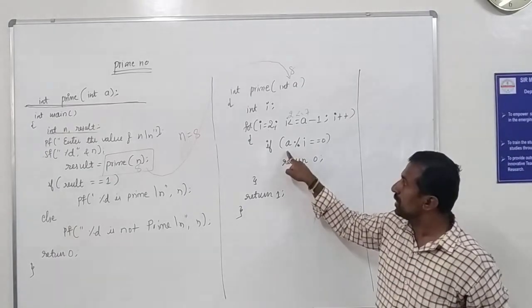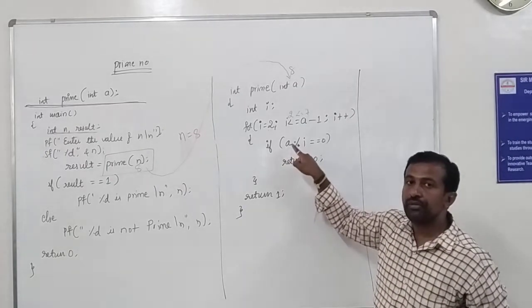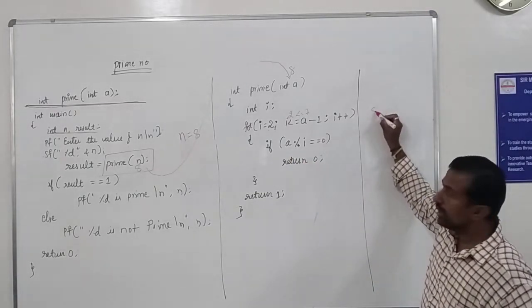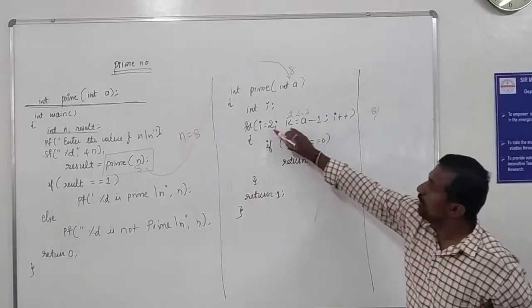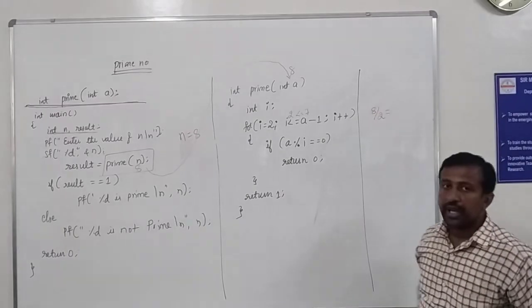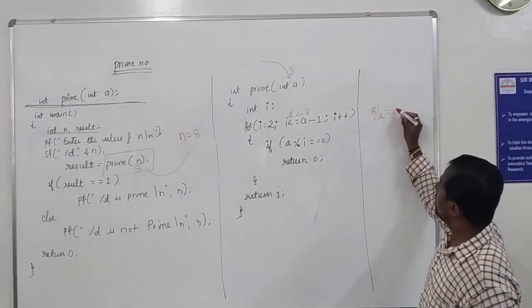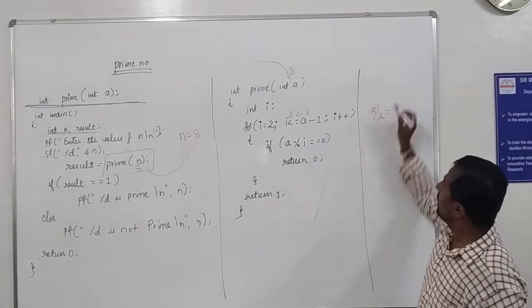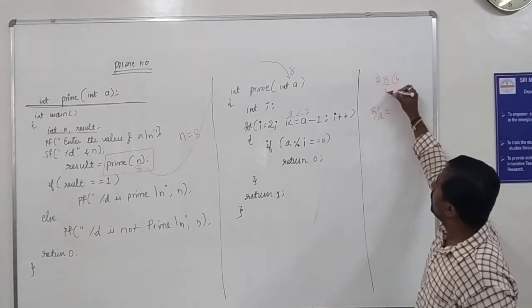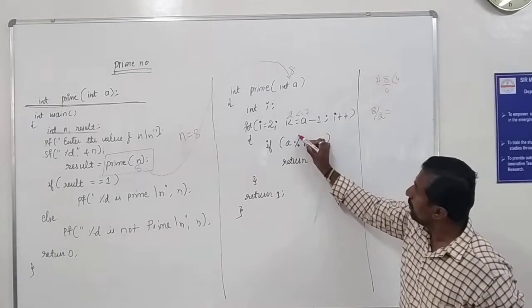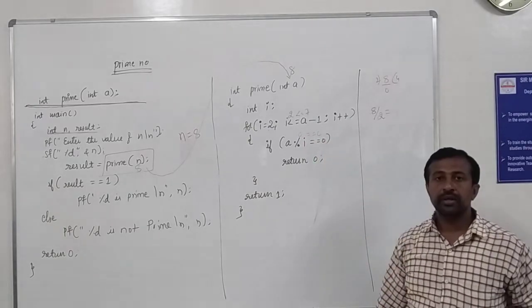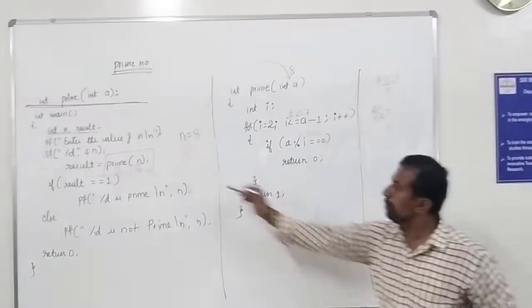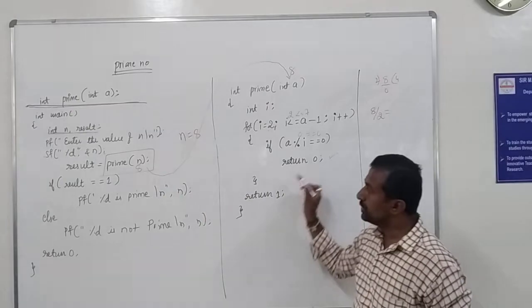Inside the for loop I have one more condition called if. Substitute the value of a in this, divisible by the i value. So what is the a value? The a value is 8. Divisible by the i value, how much? 2. 8 divided by 2, so what value are we going to get? We have to check the remainder because we have the modulus operator. So if I divide 8 by 2, the remainder I am going to get is 0. Substitute that 0 here. Whether 0 is equal to 0? Yes, the condition is true. So once the condition is true, you are going to return 0 to the main function.